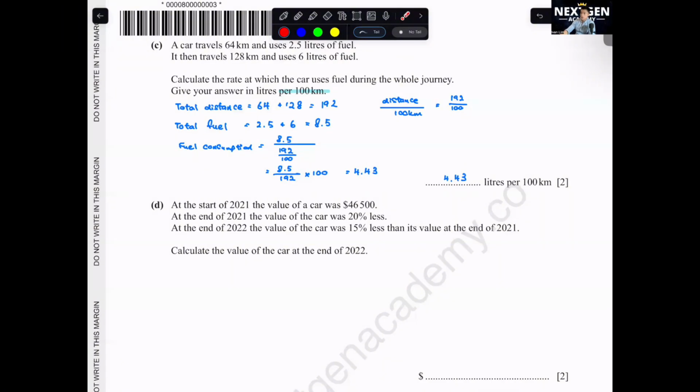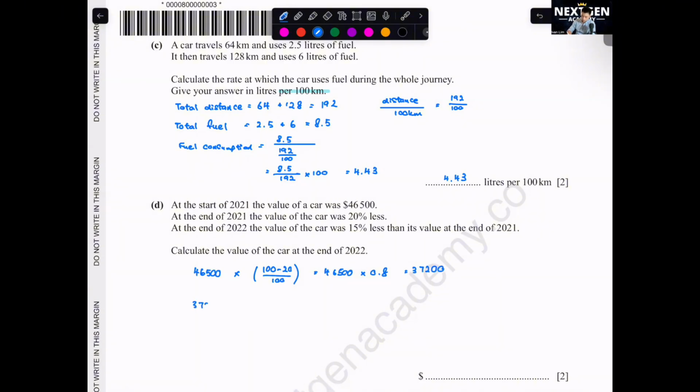Okay, next one. Calculation for here is 46500 times... Okay, the first one is 20% less. What's 20% less? We multiply by 100 minus 20 over 100, or we can write it as 46500 times 0.8. You can straight away write 0.8 if you want. We get